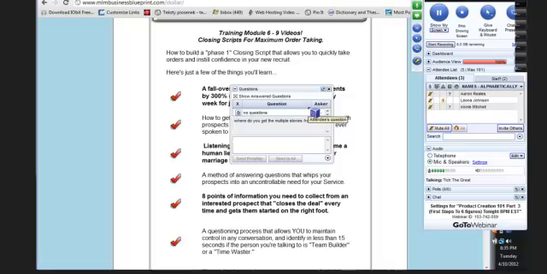He's building a list of over 1,000 people a day. Imagine how your life would be if you could have 1,000 people added to your list each and every day. You see, I'm starting to paint a picture, right?